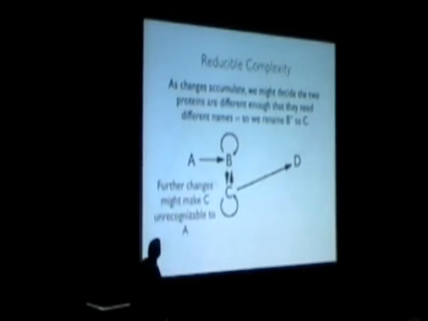We can have all kinds of changes. So for instance, maybe this B prime is going to change so much that if a molecular biologist sequences it, pulls it out of the organism, puts it in a test tube, and looks at it, they'll say, well, this is a different protein. It's different enough. I can give it a different name to get credit for it. So we can call the protein C at this point. But it's just a mutated version of the ancestral B. And we can have other changes, like maybe A loses its ability to activate D. And what you're getting now is a pathway that looks like this. It's a 4-step pathway instead of a 3-step pathway. It has become more complicated. Next slide.